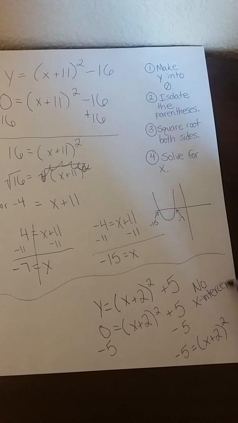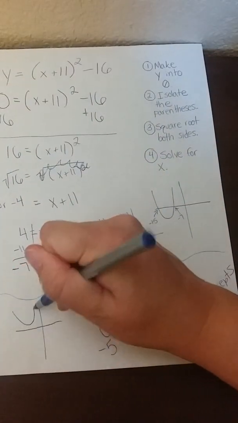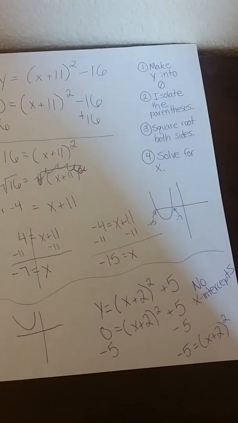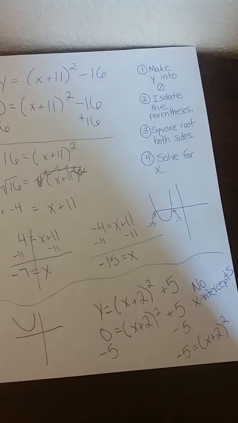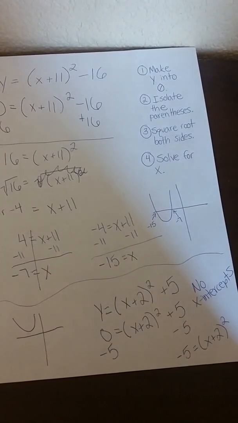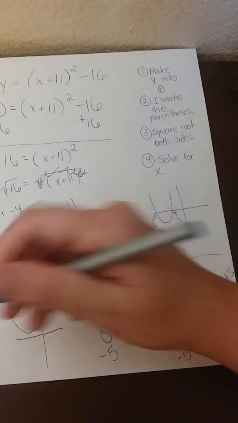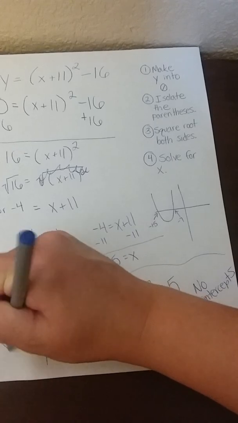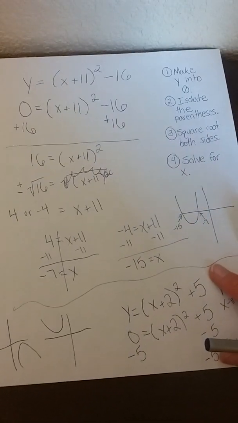This would be a problem where your parabola is entirely above the x-axis. So if you ever get a situation where you have parentheses squared and on the other side you have a negative, there are no x-intercepts and your parabola is either entirely above or it could be entirely below the x-axis. But either way, it doesn't ever touch the